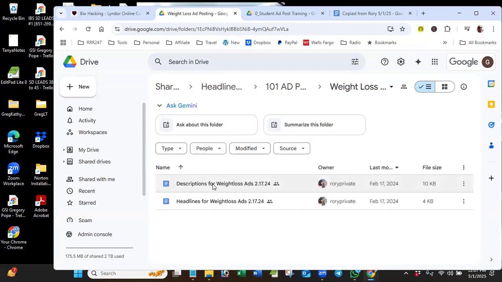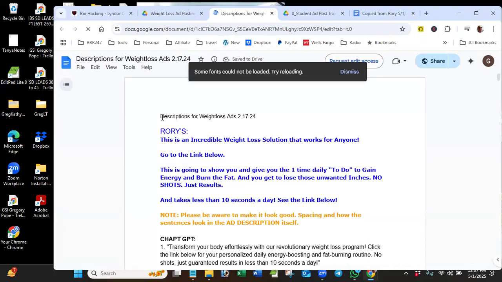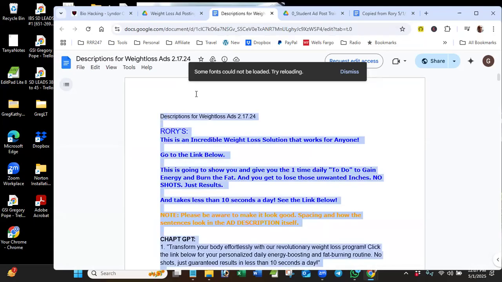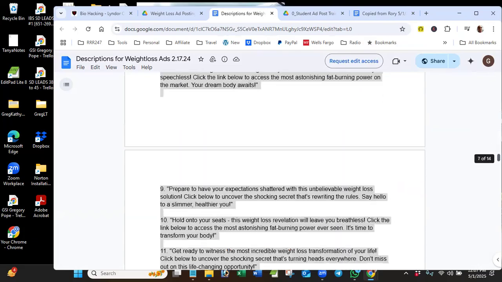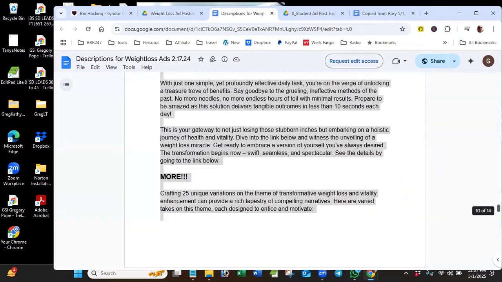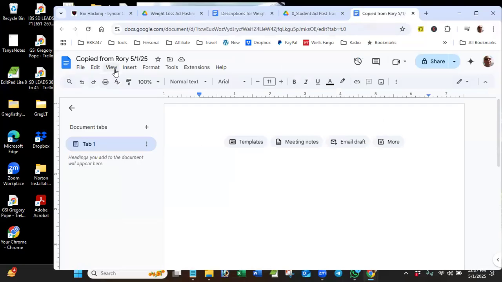And now I'm going to open the description. So when I double click this, now this is the part that can get confusing. So I'm going to open this, all right? And I am just going to click here in the top and hold my control and type the letter A. Okay, so that selected everything on this page. Now, the reason is you can't edit this on Rory's page, but once you copy it over to your drive and paste it on one of your documents,